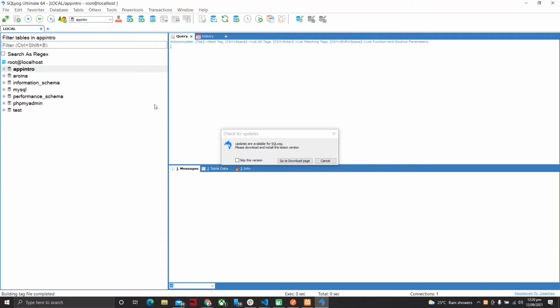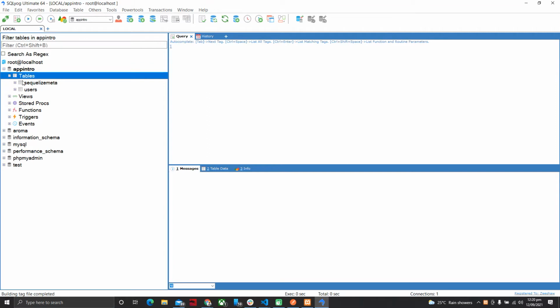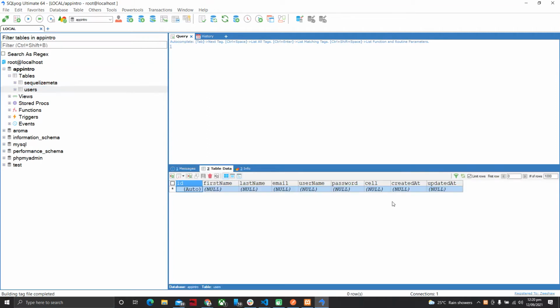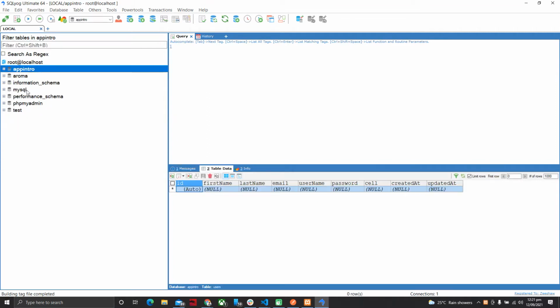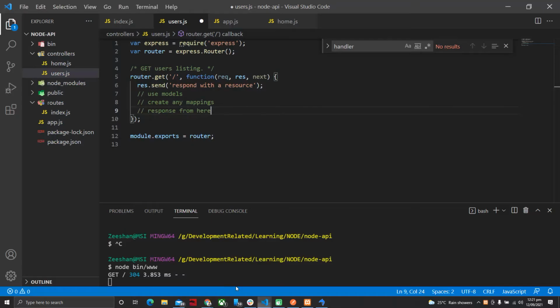Oh, it might take some time. Yes, now I have already created my local connection. So here you can create a new database and all that stuff. This is my old users table that I was working on in my other projects, so that's how you can use it. Now going back to our agenda,